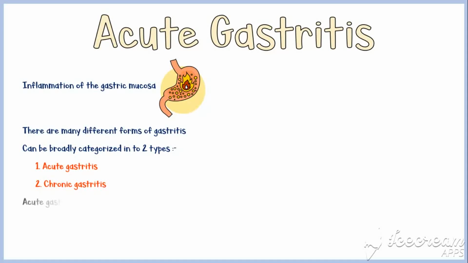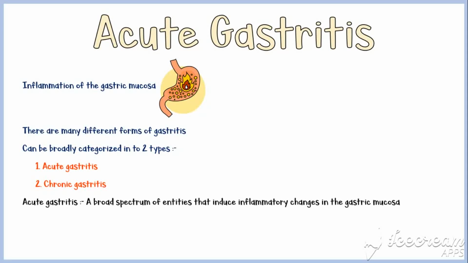Acute gastritis is a term that encompasses a broad spectrum of entities that induce inflammatory changes in the gastric mucosa. Several different etiologies share the same general clinical presentation. We will discuss these things in more detail in the following sections. So, before we begin our discussion on gastritis itself, we may recall some important things from our anatomy and physiology